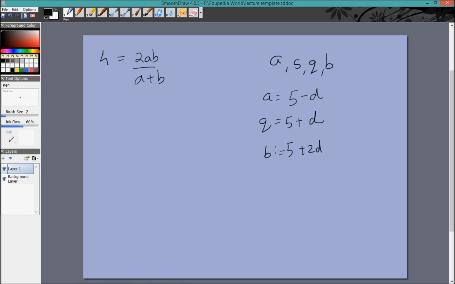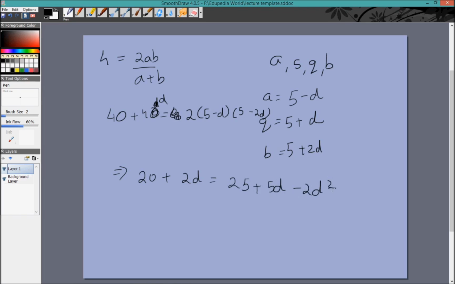So it will give me A plus B will be 10 plus D. So that multiplied by 4. So 40 plus 4D is equal to 4 times, sorry, is equal to 2 times AB. 5 minus D, 5 minus 2D. Right. We can try to solve this. This will give me, this should be 4D. 4d. So 20 plus 2d is equal to 25 plus 5d minus 2d square, right, which gives me 2d square minus 3d minus 5 is equal to 0,